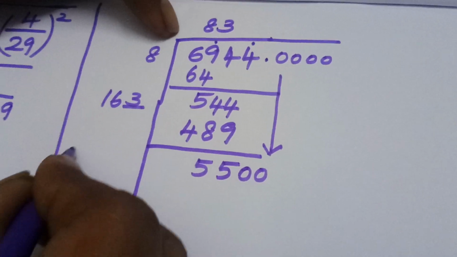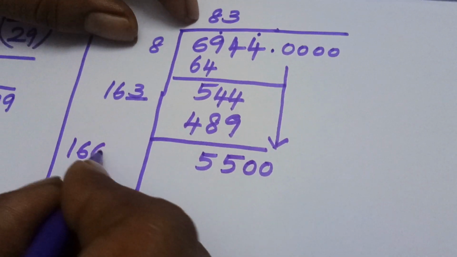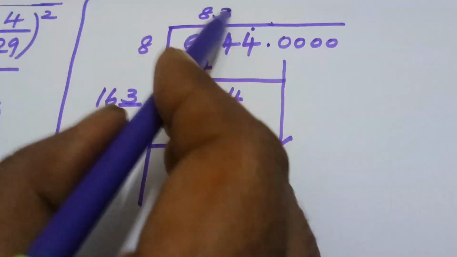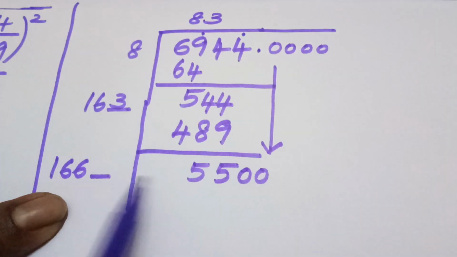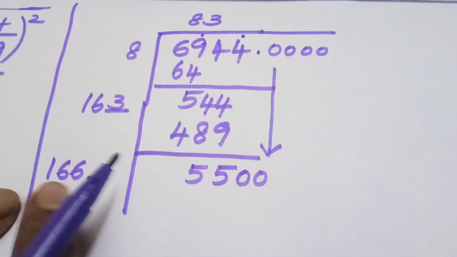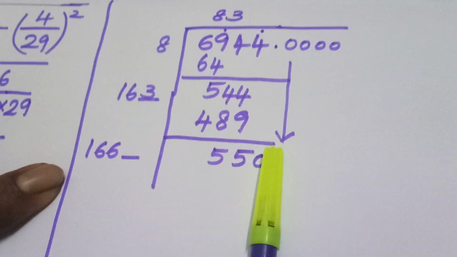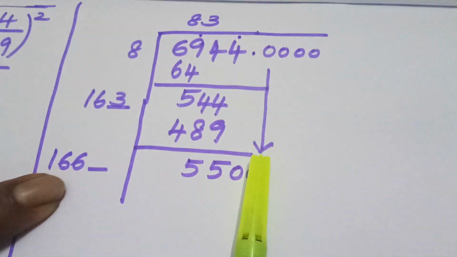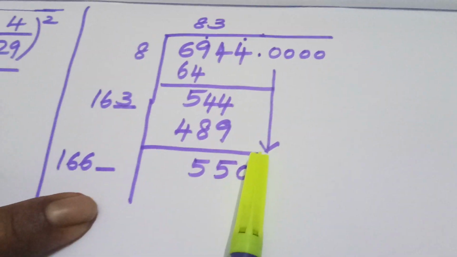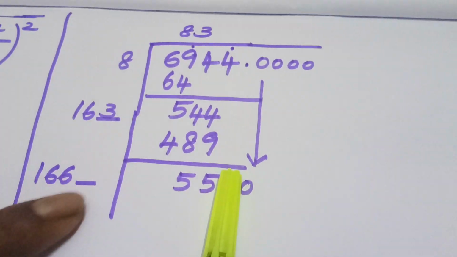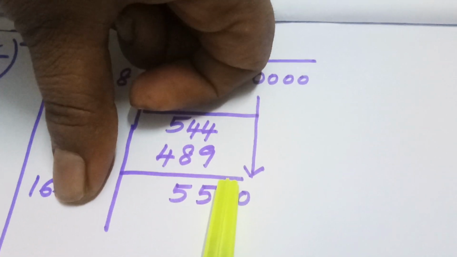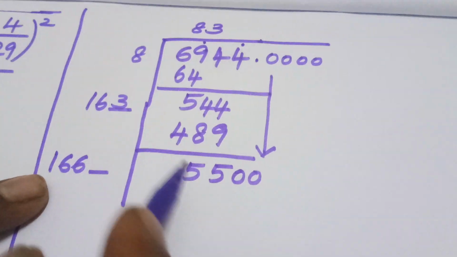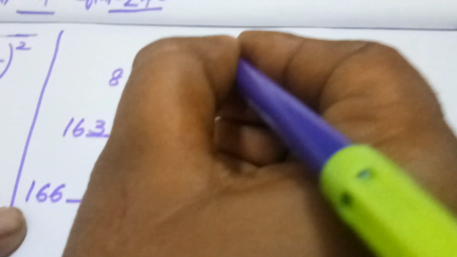So quotient here is 83. Multiplying by 2, I get 166. So we have to write a number here, and I am going to write the same number here. So we have to see how many 166 are there in 550. That is, hiding the last digit. That is greater, so I am going to hide another digit. So I am going to see how many 16s are there in 55. Again 48, that is 3. So 3 16s are 48.